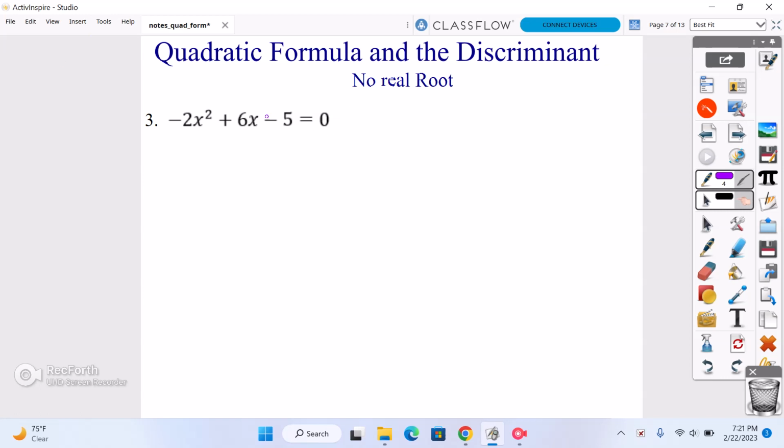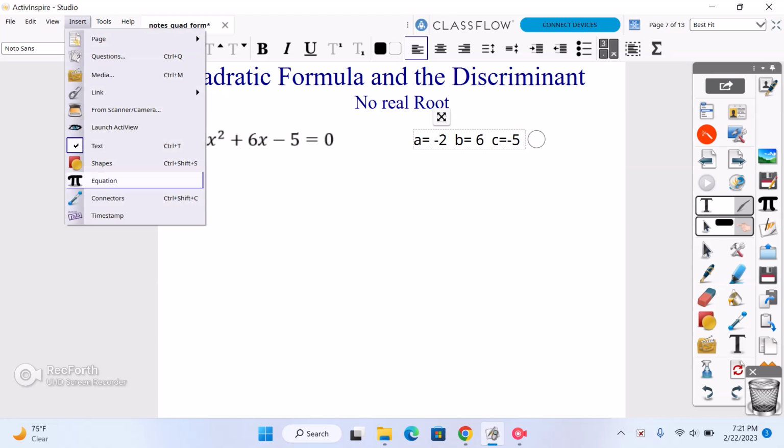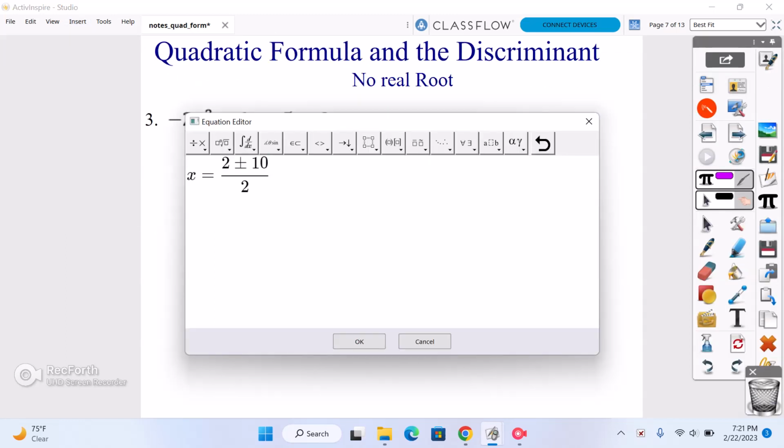And then when we work out this one, let's go ahead and do this one together. We're going to end up with no real solutions. So we know that a equals negative 2, that b equals 6, and that c equals negative 5. So we're going to go ahead and set up our quadratic formula here. So we know that x equals